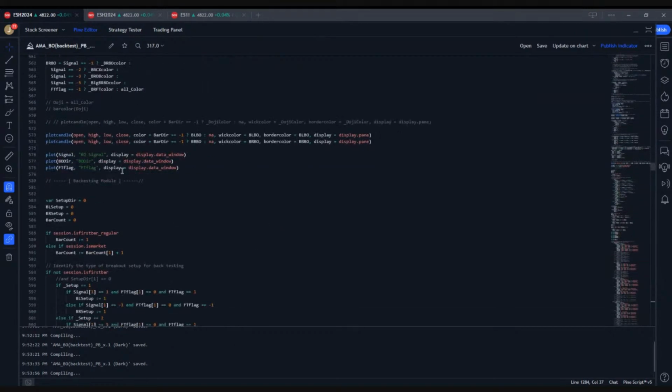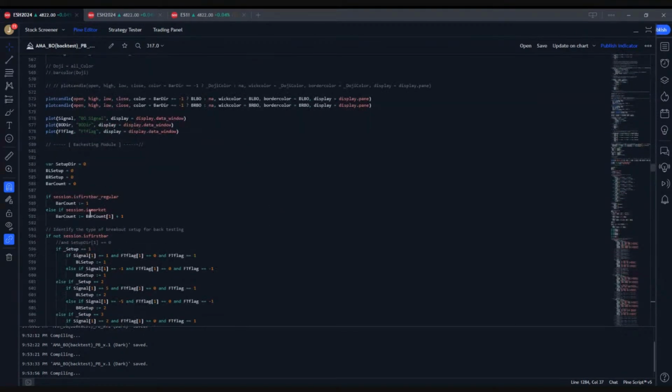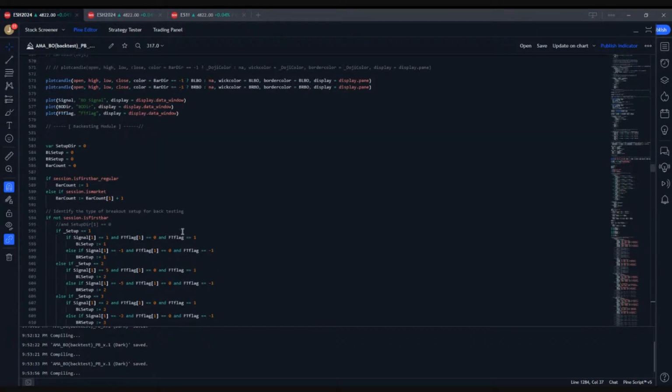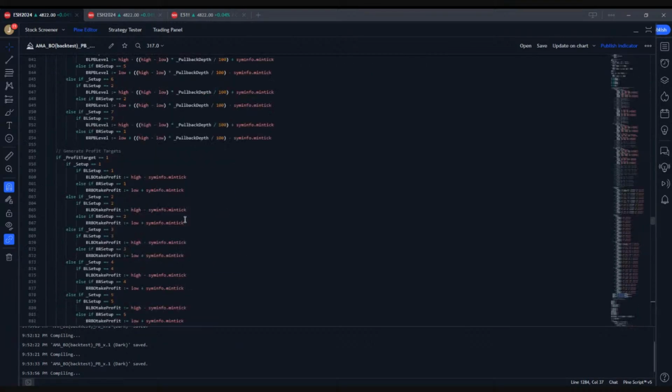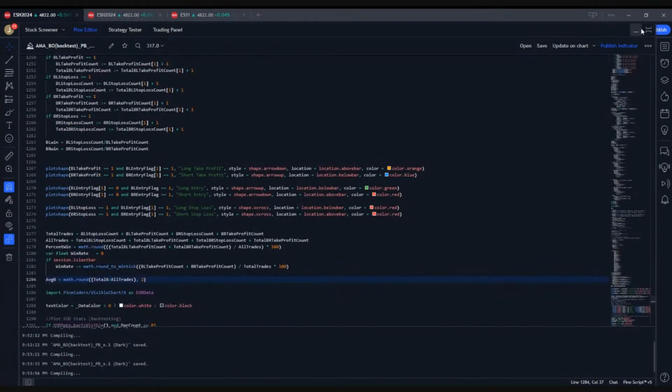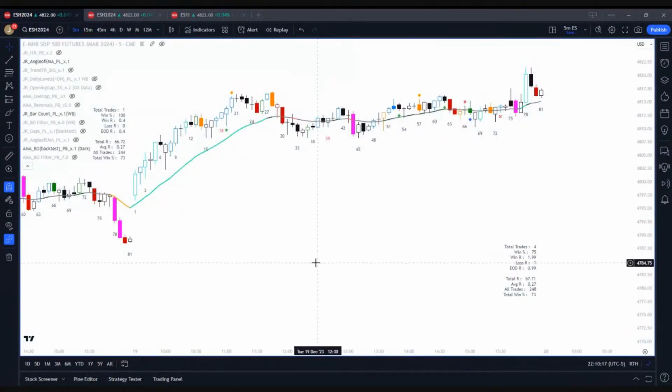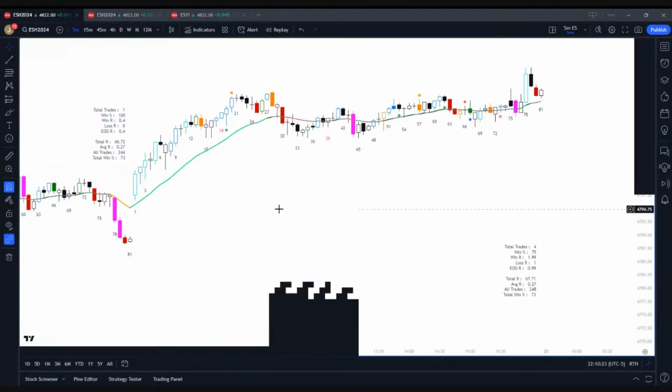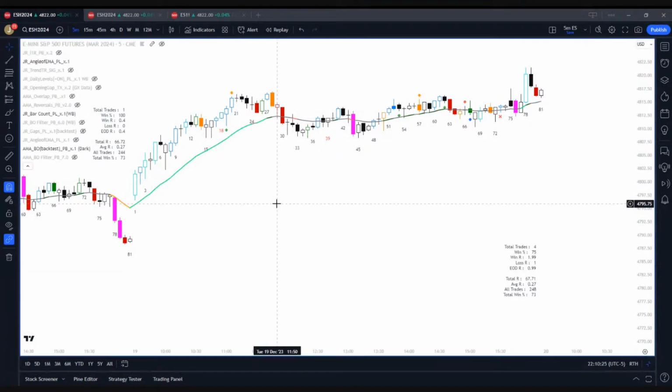Basically, this is a backtesting module, and it's very rudimentary. The code is up to about 600 lines, and this is 600 more lines of code. So it's not inconsequential, but as far as actual signal generation and execution, it's not that heavy. So the idea here is that